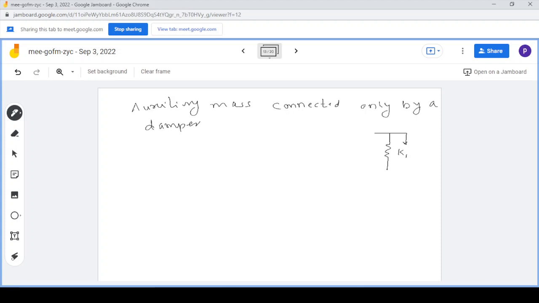Stiffness K1 connected to a mass M1, right? It is connected only to a damper. There is no spring, and then this is connected to a mass M2, right? Now let us consider the displacement of this mass M1 is x1, and as it is essentially a vector quantity, we are expressing it in the form of vectors, e raised to j omega t,